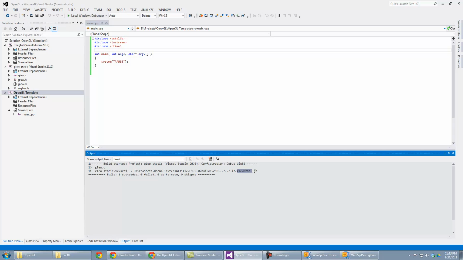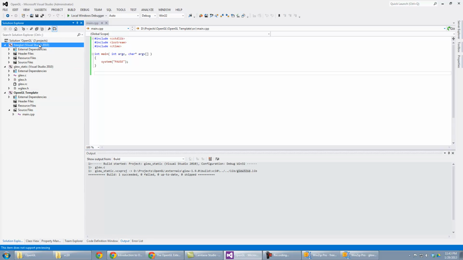And I can then link against this library for my application, and I do not require a dynamic DLL. I can just link statically, and then I have less to distribute. All right, but another thing is these solutions, these project files, they come with a large number of build